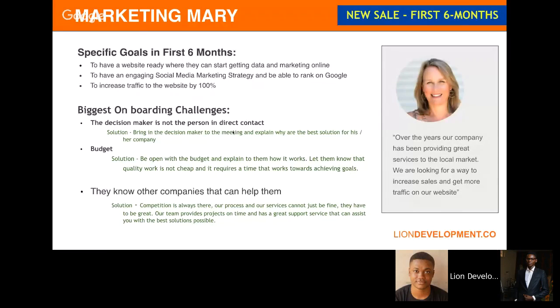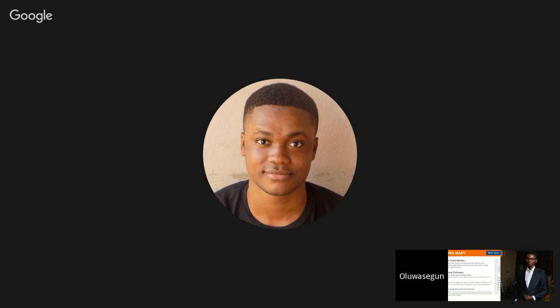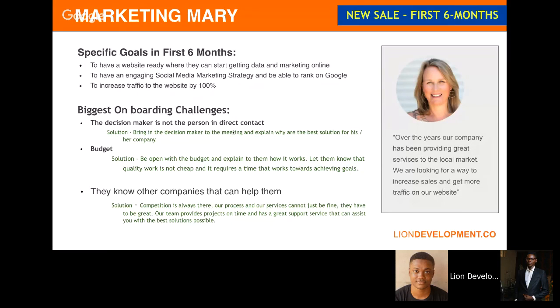So how do we gauge the unrealistic ones? This is where the strategy happens, and this is where our knowledge comes in. Because if a client tells me, for example, that they want to rank on Google by tomorrow, I'll be like, that's impossible. And if they tell me why, then I will tell them, okay, well, this is why it can't happen, but we can use X strategy to get on Google by 2 months from now.